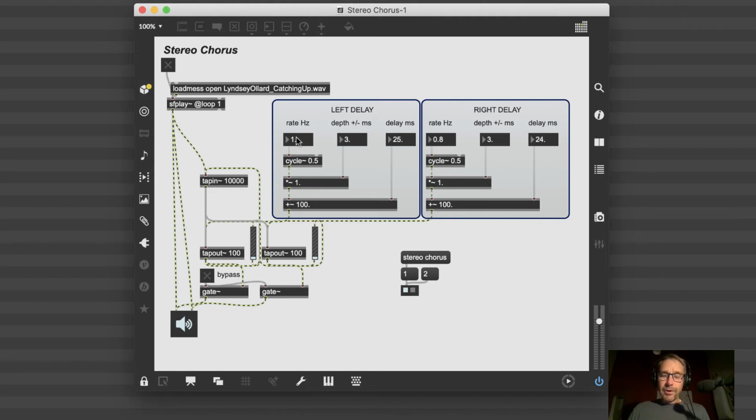And I set the rate here with this number, so I'm setting it to 1 Hertz. I'm multiplying that signal by some offset amount, in this case 3. So we're going plus or minus 3 milliseconds. Remember that the output of the cycle object produces a signal that goes plus and minus 1. So multiplying that by 3 gives us plus and minus 3, which gives us an overall change of about 6